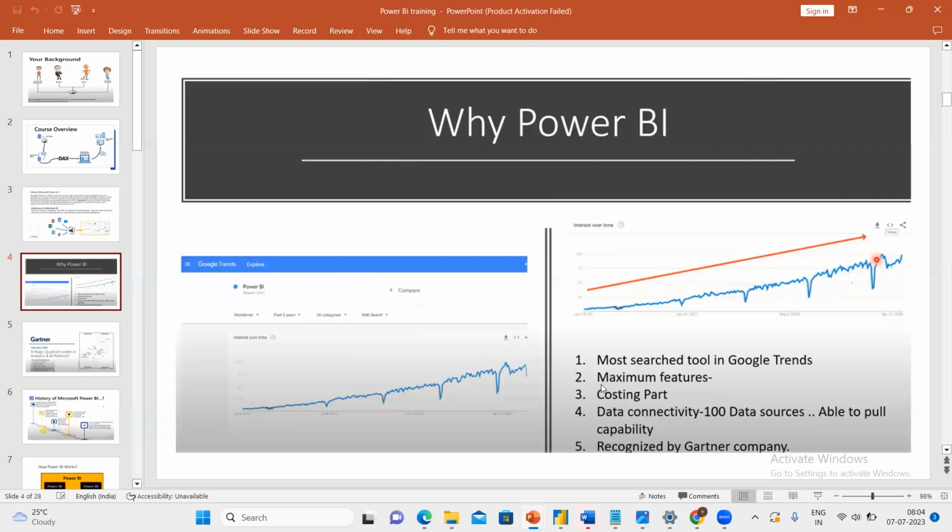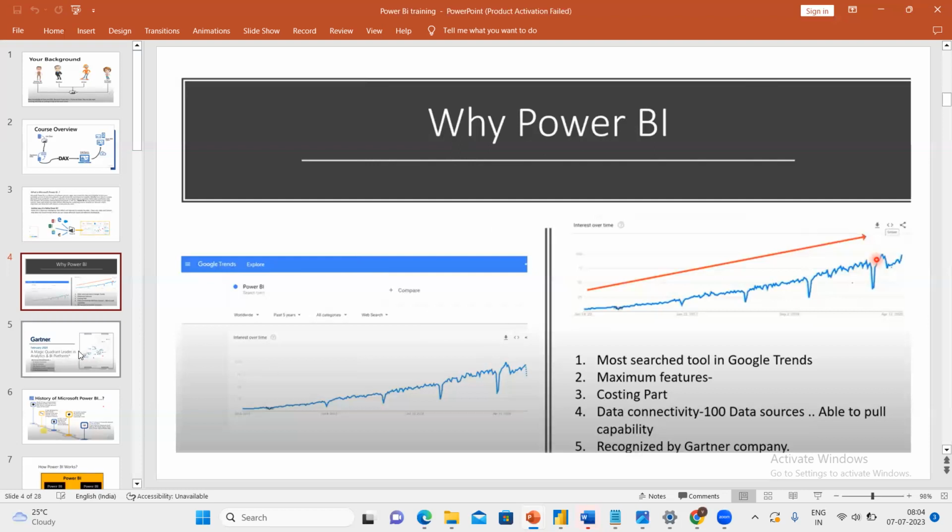And coming to the cost part, as I said, the first thing you will see is the budget. Compared to the other business intelligence tools, Power BI is very cheap. It charges $9.99 for one user for 1 month. Coming to Tableau, it charges $130 per user for 1 month. Pricing is very low compared to the other business intelligence tools. That's why most customers who want to decrease the budget go for the tool that costs less.